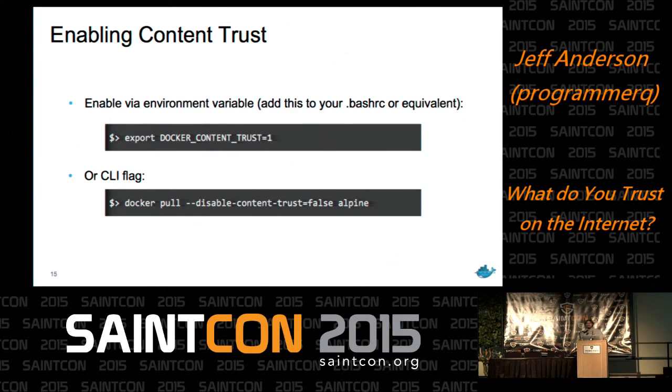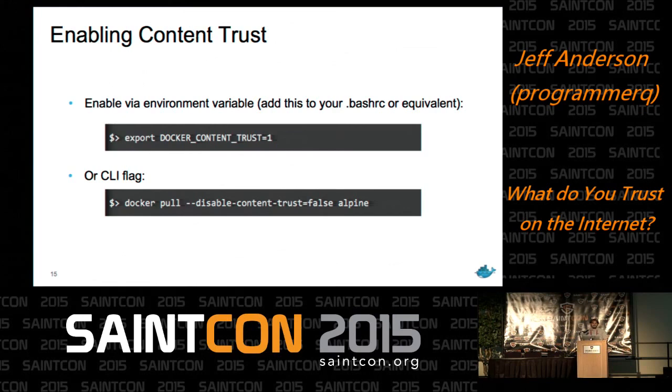The way to enable content trust, there's two ways to do it. It's a new feature as of Docker 1.8, which came out, I want to say something like 6 weeks ago, give or take. And it's off by default because it's brand new. And 1.9 actually comes out tomorrow. It's still not enabled in 1.9,